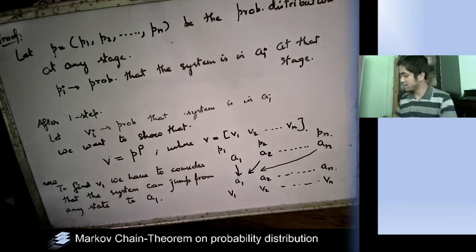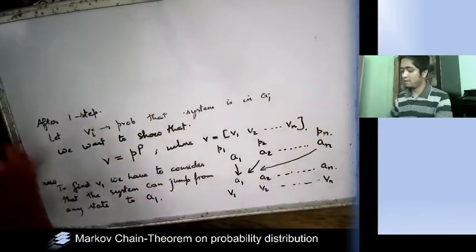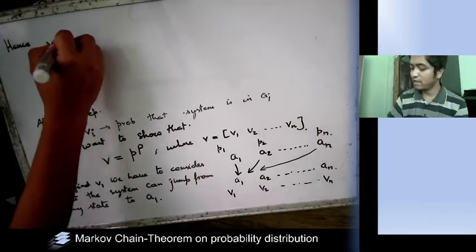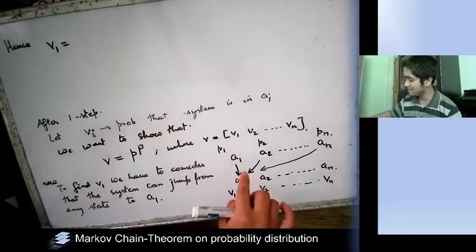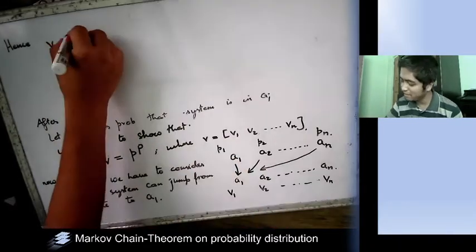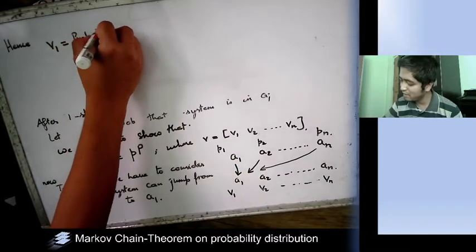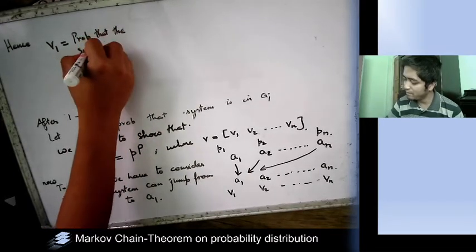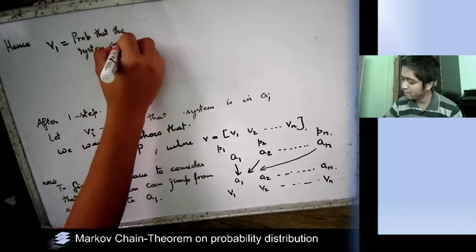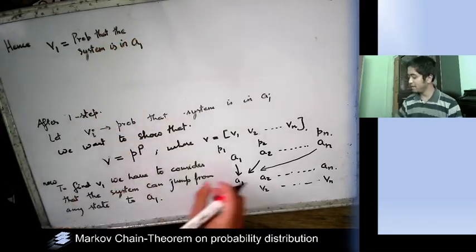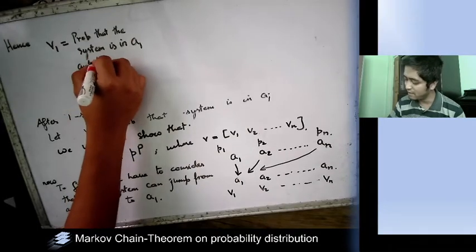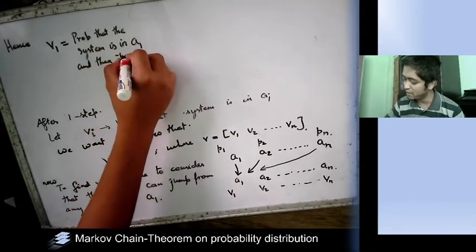Hence V1 will be the probability that the system is in A1 initially and then jumps to A1,